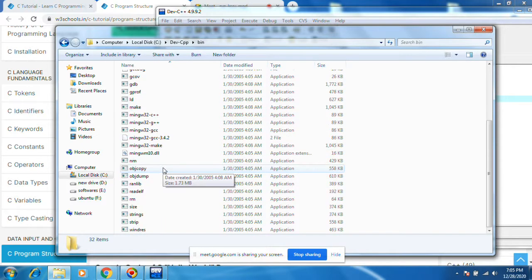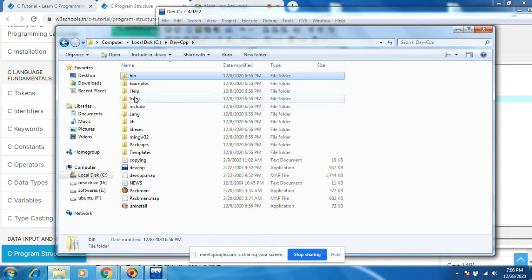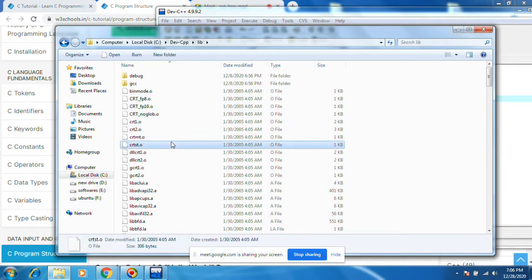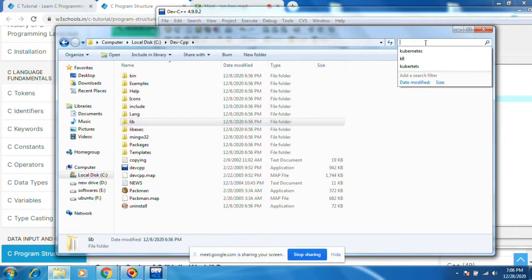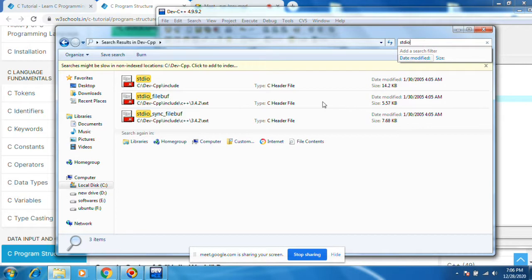The stdio.h file will be there somewhere, lib or somewhere it should be there. You can search here. You see, stdio.h, see .h file, header file.